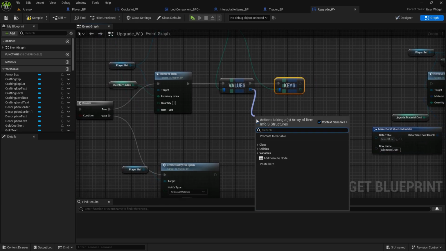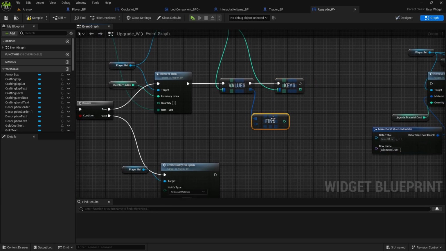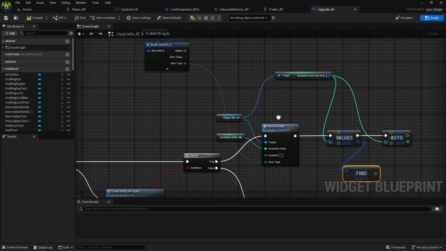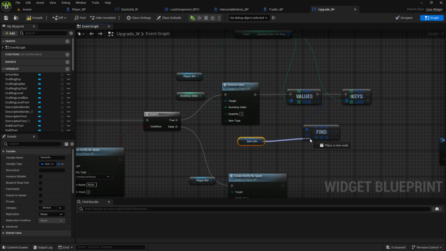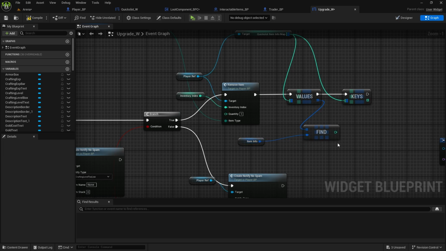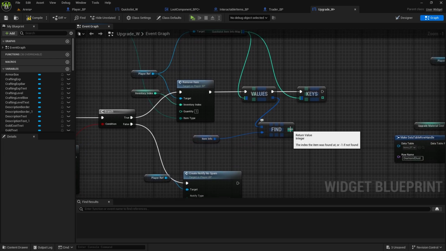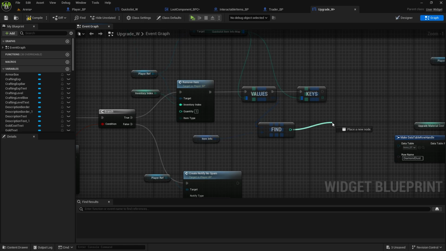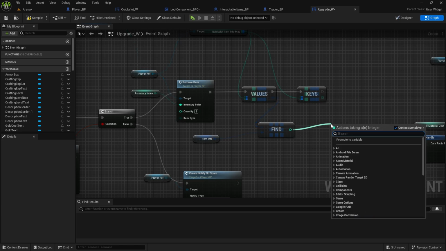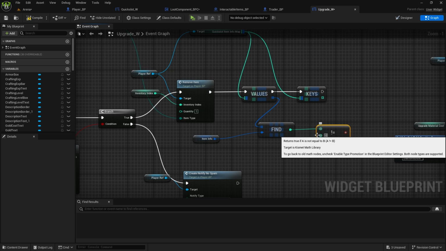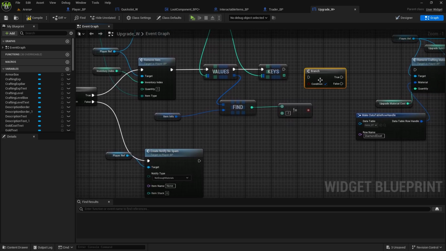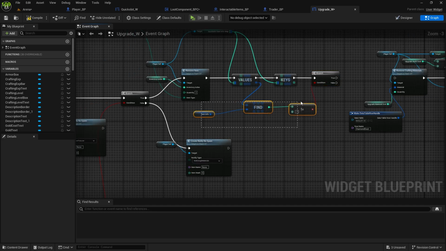Inside the values, we need to find item. We need to find this item that we are removing, we need to check if it's saved inside our Quickslots. And here again, if it wasn't found, it will return -1. So we need to check not equal -1. That means we have found the item. Do branch. And if we have found the item,